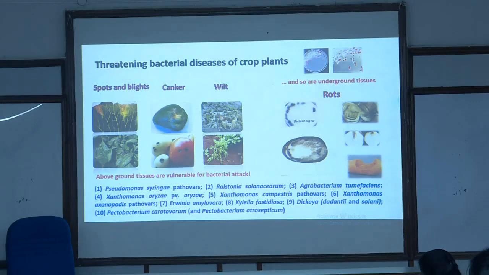And coming to the bacterial diseases, they are small in number, but they can really create explosive epidemics in a number of crops, right? The threatening bacterial diseases of crop plants can cause a variety of symptoms, for example spots and blights, cankers, wilts, and rots. And the top 10 bacterial pathogens that we need to focus on, where research effort should go,